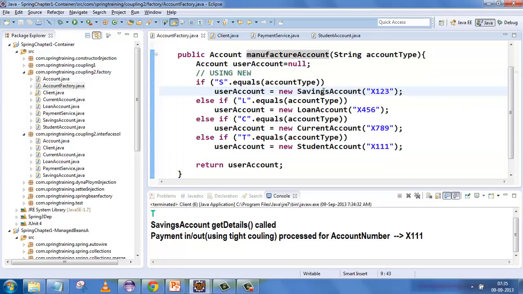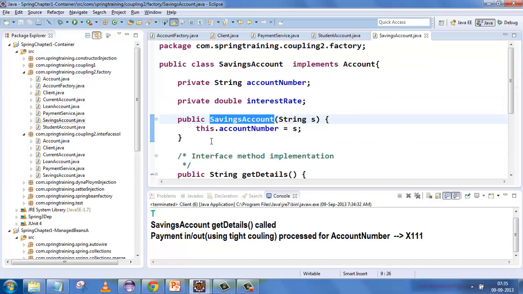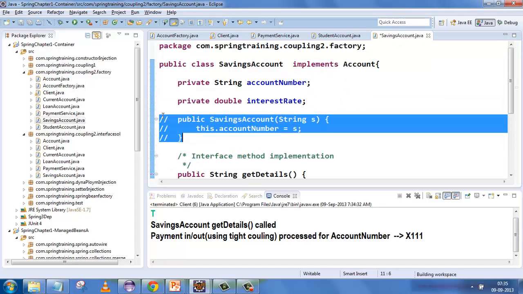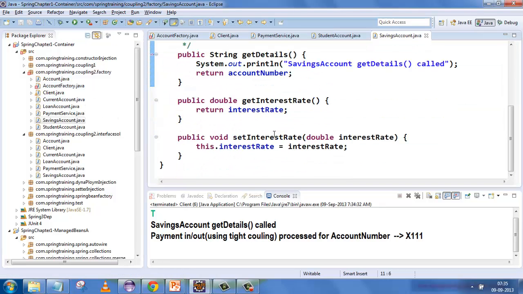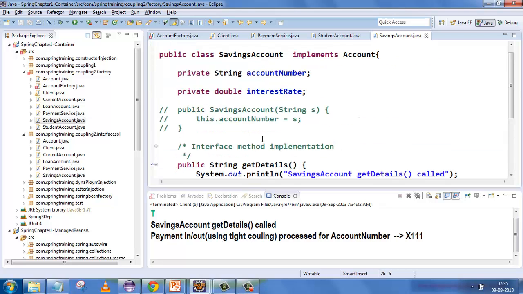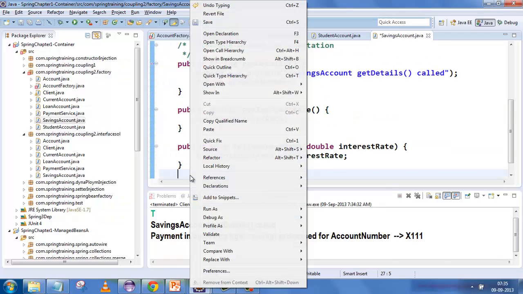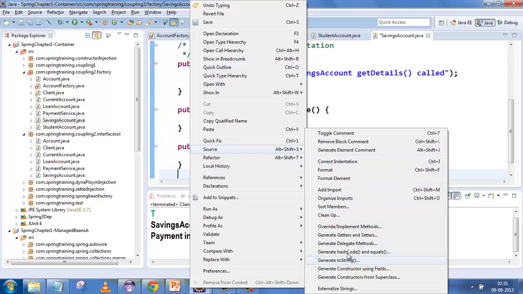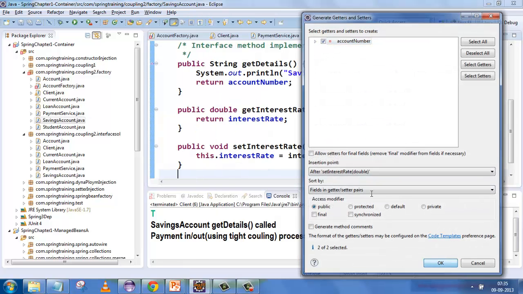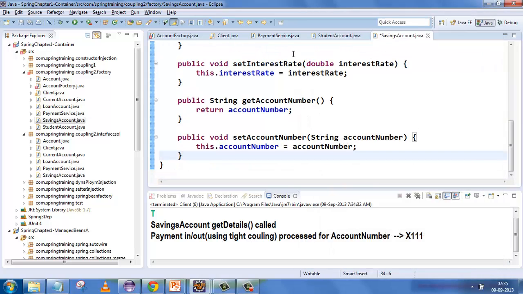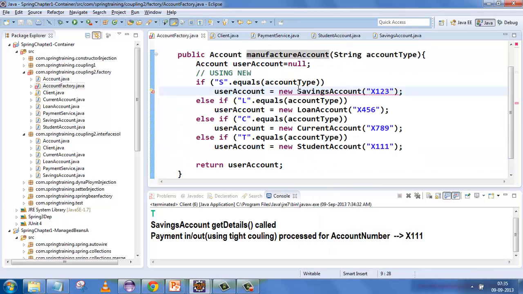Or say for example, saving accounts change all of a sudden. It says, okay, I don't want this constructor. So what will be impacted? Only your factory will be impacted, and in this factory you will say, okay, I just need this account via setter and getter. So I'll just go generate a setter and getter using this account number, and in the account factory I'll say user account